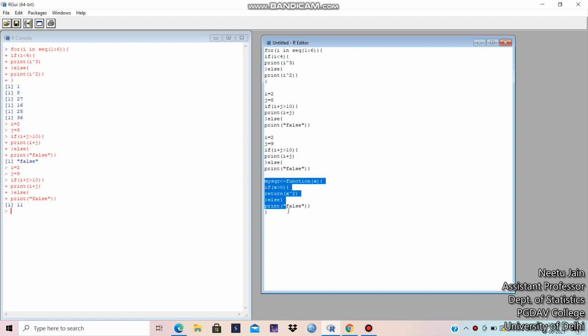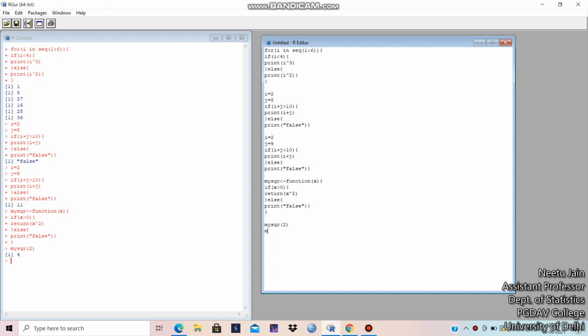Okay, see, no error, but we have to compute. Okay, so how do we compute? This is a function we have made. We will take some value of x and we will find out the value. How? The function name is mysqr. And suppose we check at x is equal to 2. So see, this x greater than 0. Yes, 2 is greater than 0.